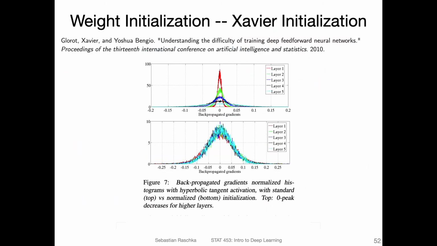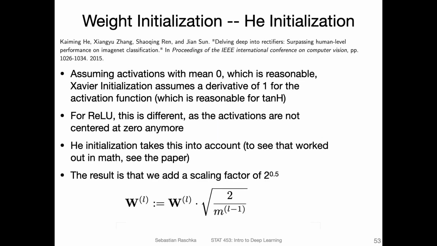So then here's a visualization showing what I showed you on the previous slide, and here a version with the Xavier initialization. You can see at the bottom, this looks much better. If they use the Xavier initialization, you can see that all the gradients are in a reasonable range for all the different layers. In this way, that's actually pretty nice. It fixes this issue that some layers learn better than others.